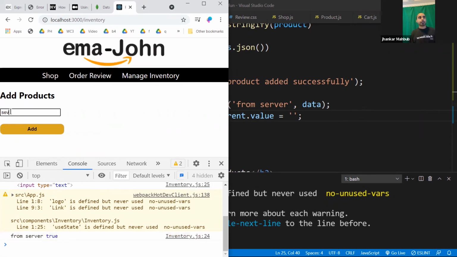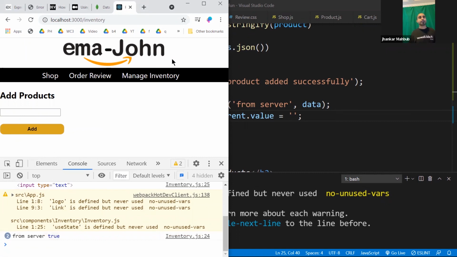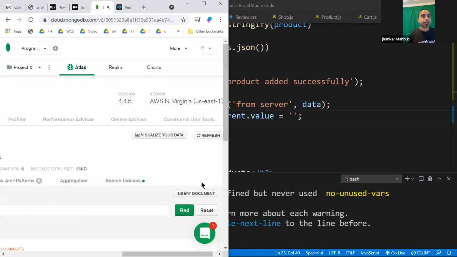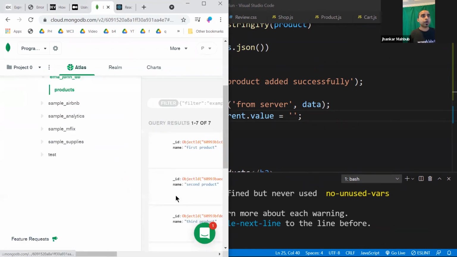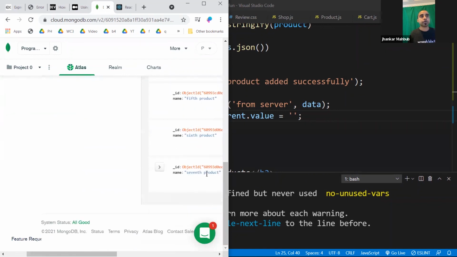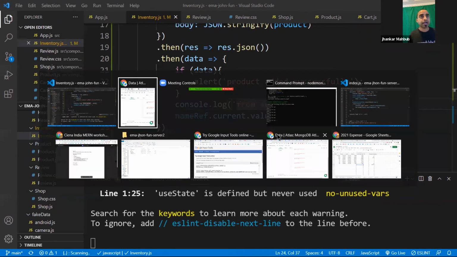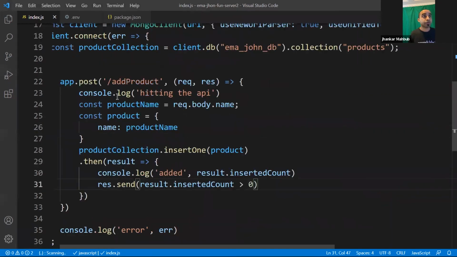Now you can add a 7th product or something like this, and when it's added successfully, your form is cleared, right? And obviously, if you go to this database directly through the backend and refresh, you should be able to see all 7 pieces of information, and this is your 7th product. So this is cool, right? We very nicely added the product by using this post.